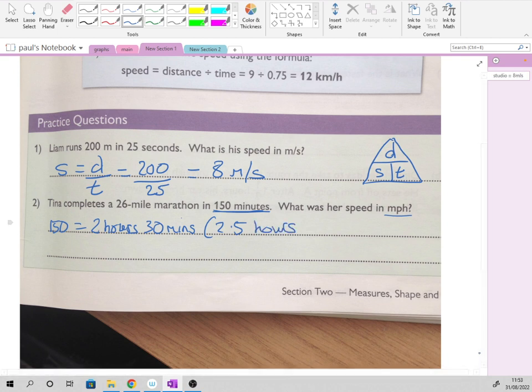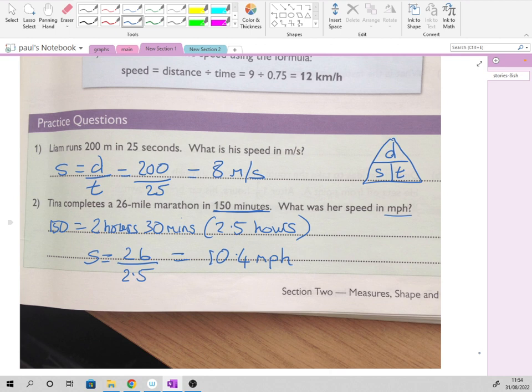Right, okay. Now we use our triangle from up above. We've got the distance and we've got the time, so we need to know the speed. The speed equals the distance, which is 26 miles, and the time it took her was 2.5 hours. So 26 divided by 2.5 is 10.4 miles per hour. Now my tip is, for what it's worth,